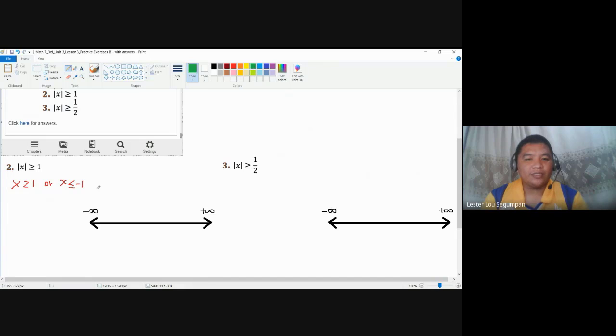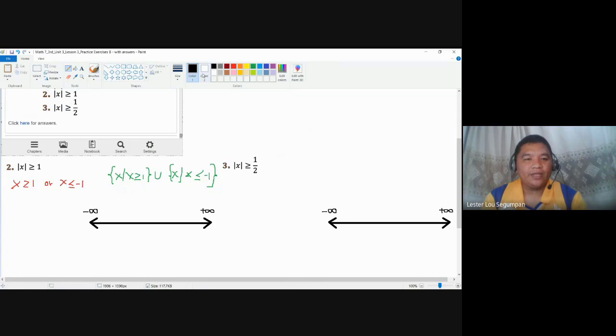And to come up with the solution set, simply, again, copy: x, let me write it here, x such that x is greater than or equal to 1. The or shall become union. You have x such that x is less than or equal to negative of 1, and you close it. That's your solution set, a combination of two solution sets. Now for our graph, we graph them separately. We graph them independently, rather, but on the same graph.